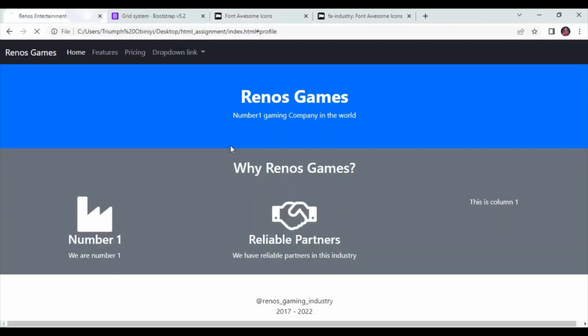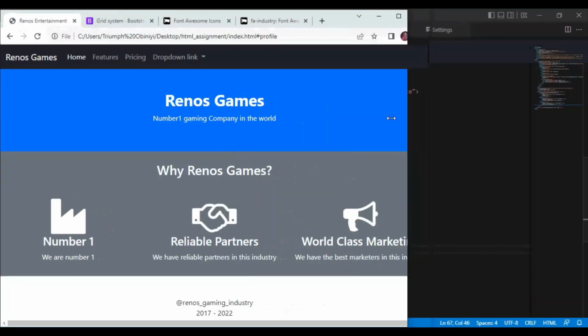Come here, I refresh, and as you can see now, the beautiful thing about Bootstrap is the fact that it is highly responsive, right? So when I